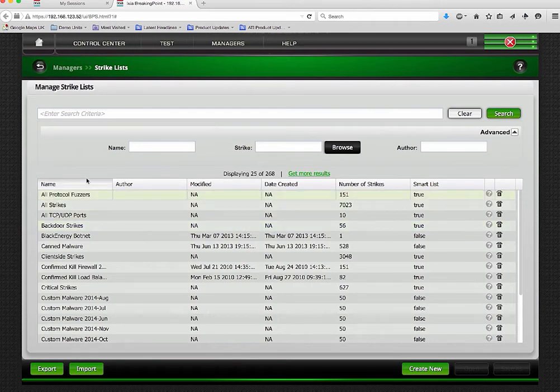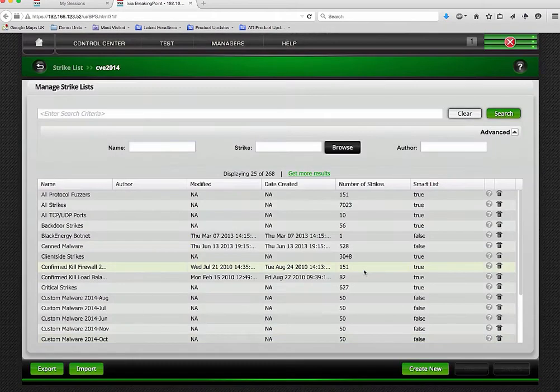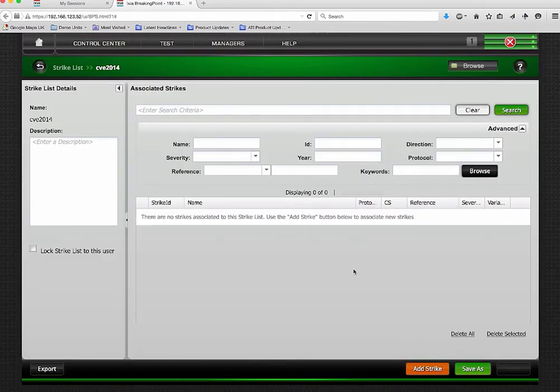So I can see all the previously saved or pre-canned strike lists. However, I need to create a new one. I'm going to give it a name that's meaningful, so I will call it CVE 2014 and click the OK button. Now I need to add strikes. So I click the Add Strike button,